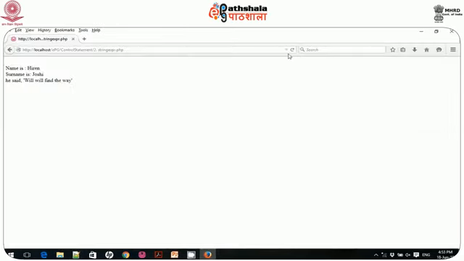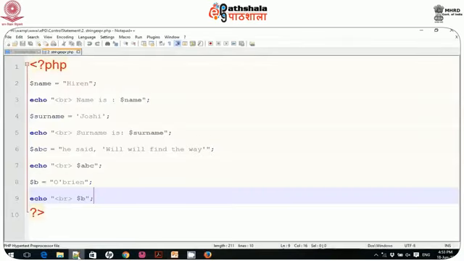When you run this, it shows O'Brien. That way I can use single quotes and double quotes. The other thing you have to remember is that when you use double quotes, PHP will convert its value if you provide a numeric and use it.